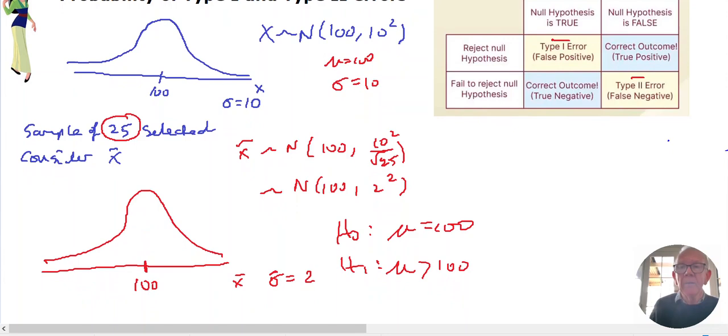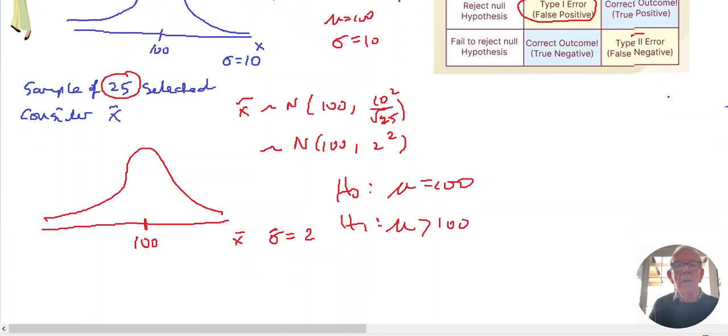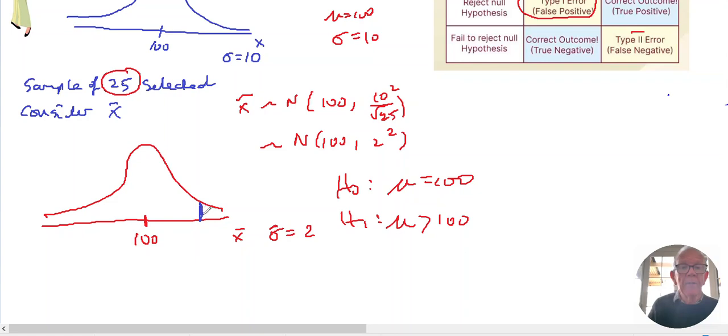So a type 1 error is when H0 is true, but we reject it. So if H1 is true and I reject it, therefore I'm looking at a p-value here, which if it's bigger than that p-value, then it's going to be rejected. So type 1 error